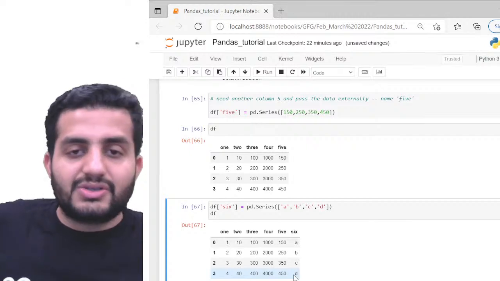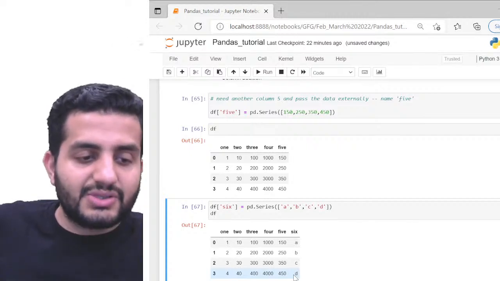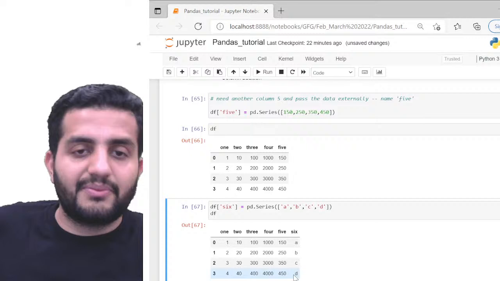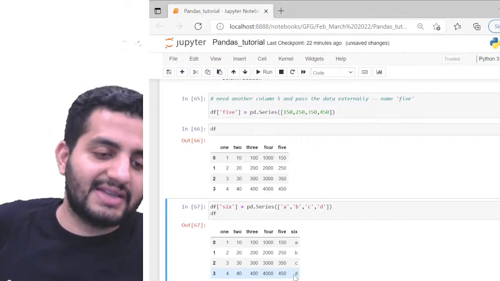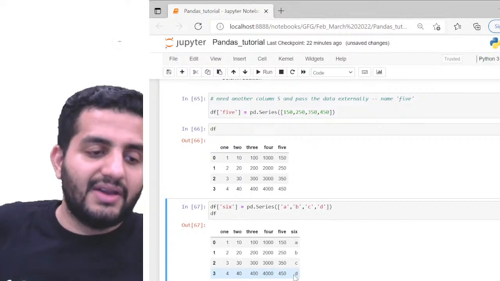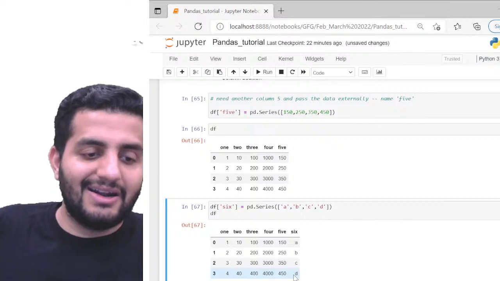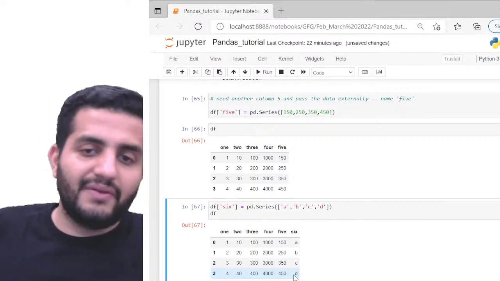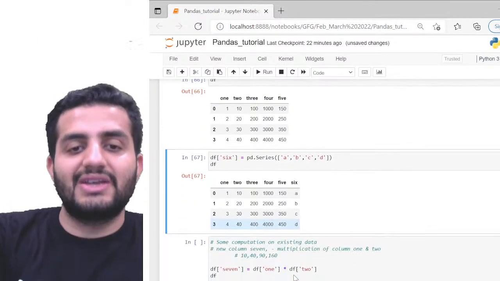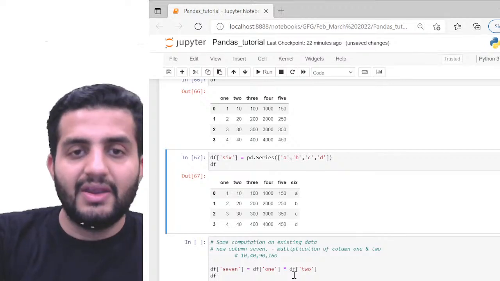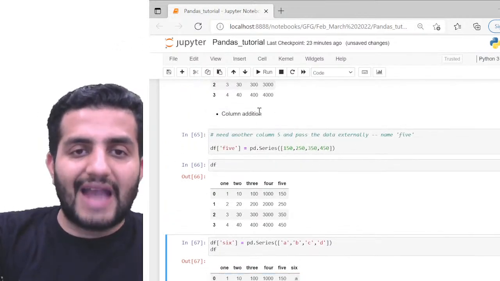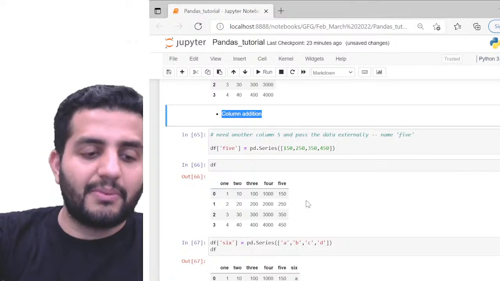Okay. So this is also pretty much fine, guys. Any questions? So we are creating the new column. We are creating two new columns, 5 (FIVE) and 6 (SIX), with the additional data the way we wanted to create it. We can add it either in terms of numbers, or in terms of strings or characters as well. Pretty much fine. So this is one way to add an additional column on top of my data frame.